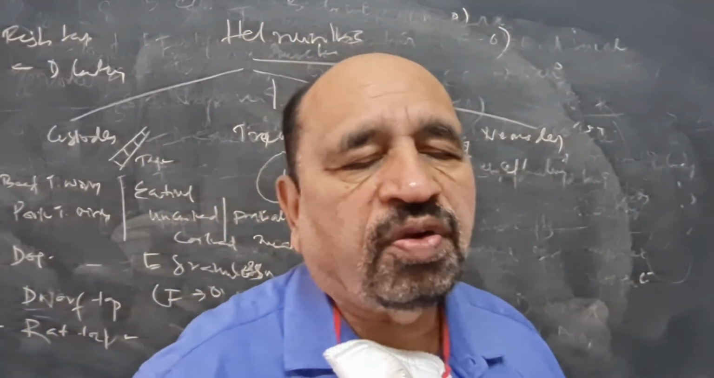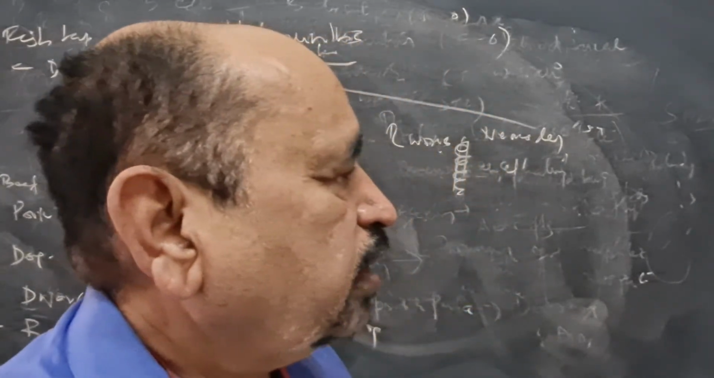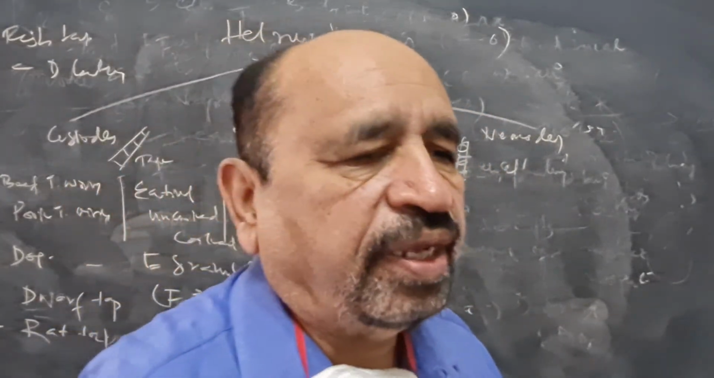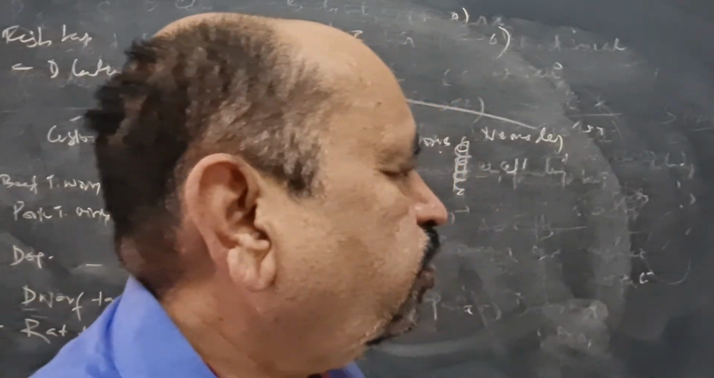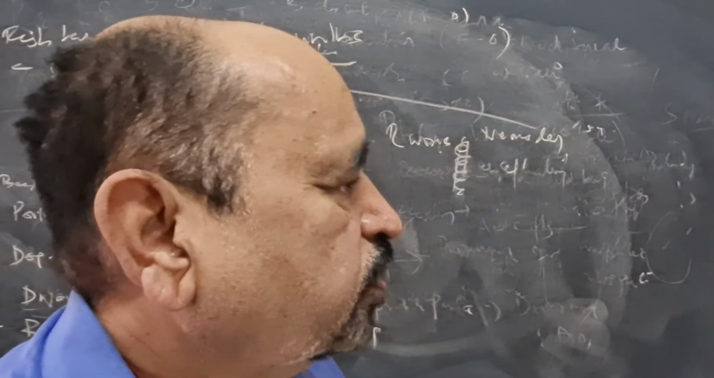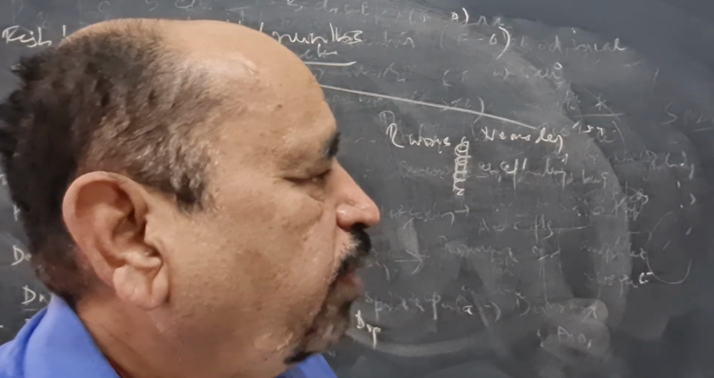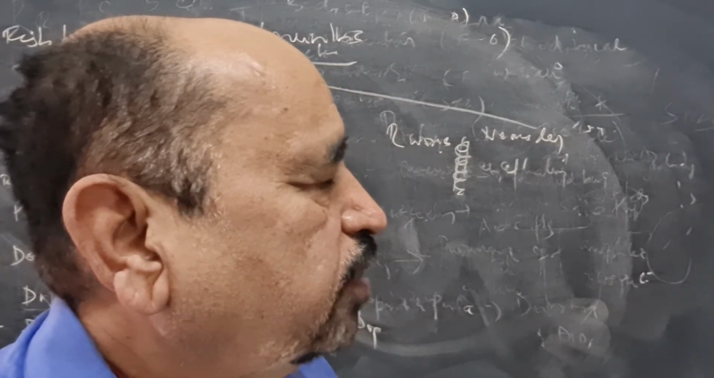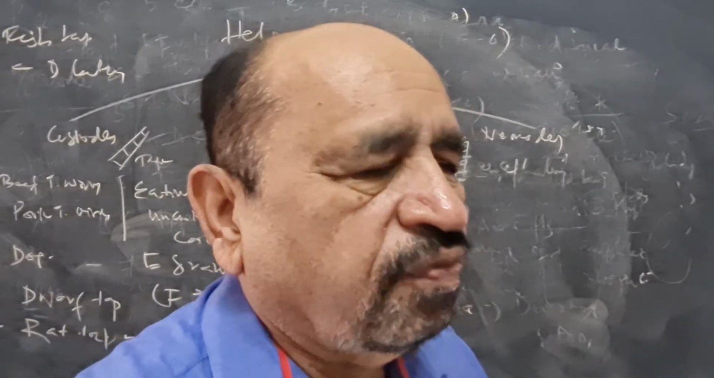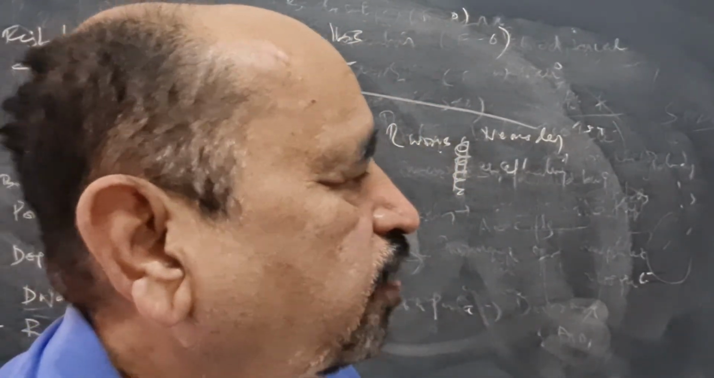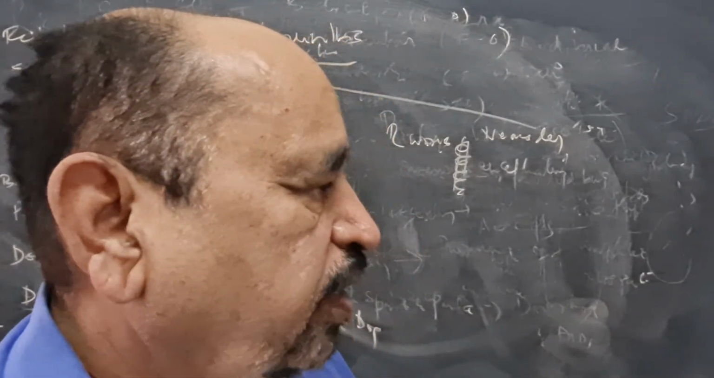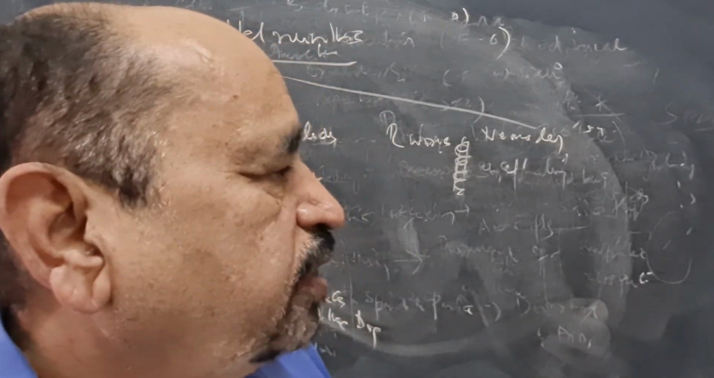It has three hosts: man, cyclops, and fish. Everybody, repeat with me: it has three hosts: man, cyclops, and fish. The infective form is plerocercoid. In fish, man gets infected by the ingestion of